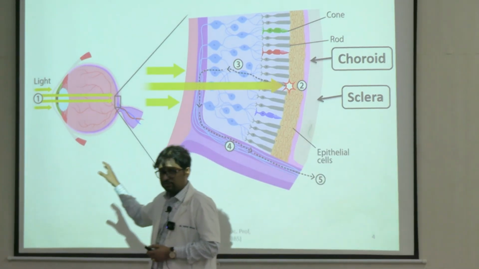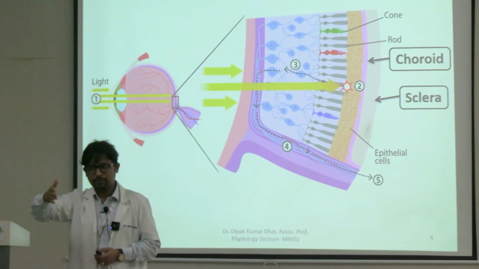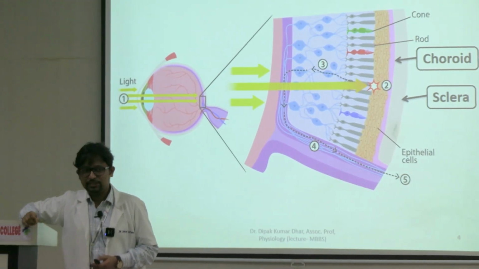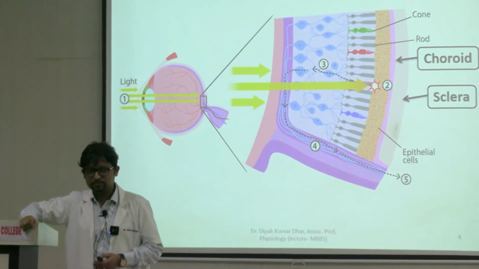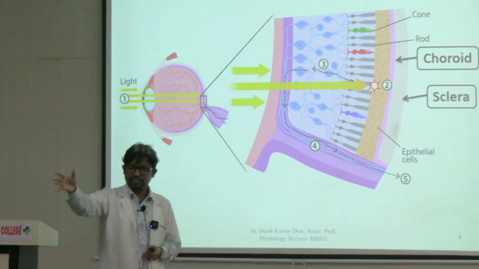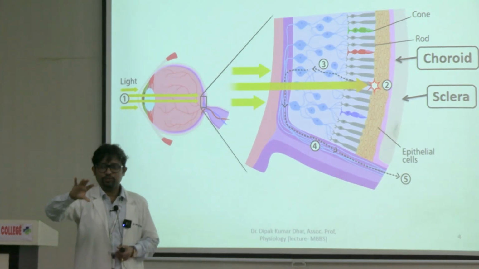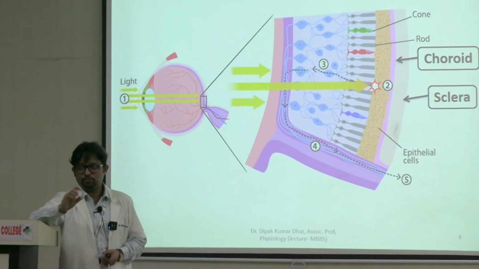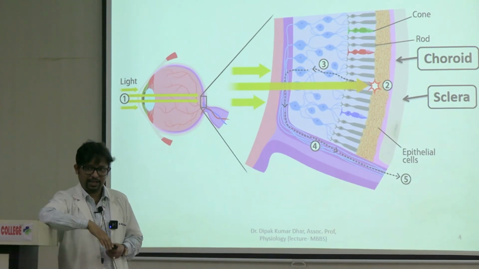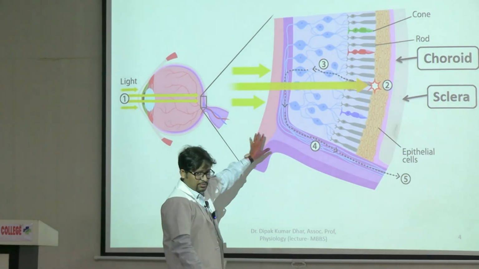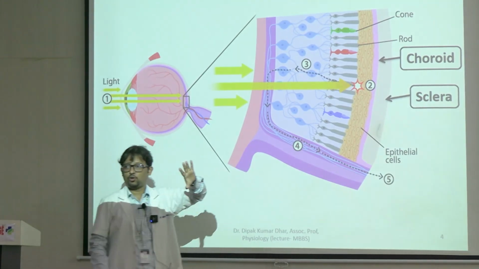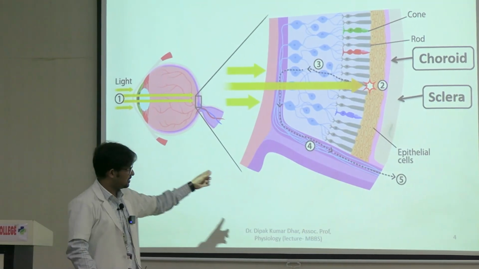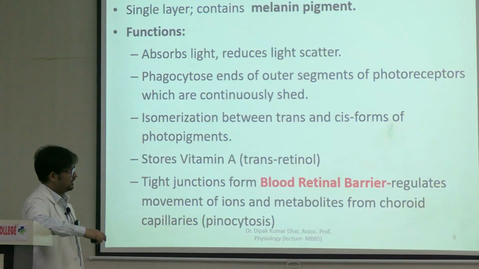So this point, because of the property of light that light always travels in a straight line, in the temporal field of vision, around 10 to 15 degrees, there is one point from where if light falls on the eye, it will fall here. And this is called the blind spot. The reason is the optic disc does not have any receptors.